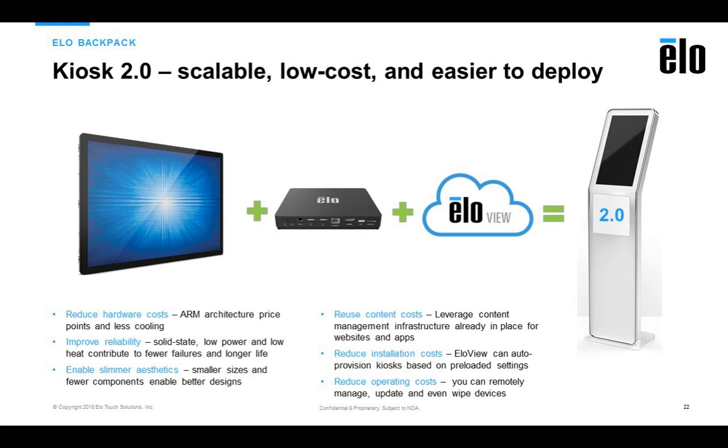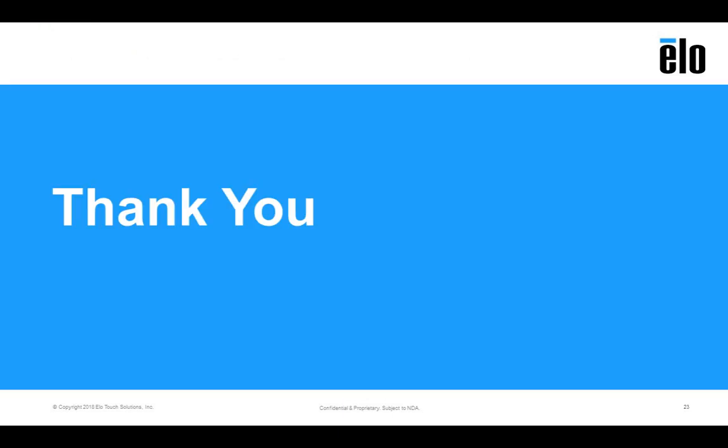Fantastic. That really brings us to the end of what I was planning to cover today. So we talked about our iSeries 2.0, the brand new shiny object on the table. We talked about EloView updates and how this tool is becoming more and more useful, and with commercial success and commercial adoption, it is becoming reliable and scalable as well. And this new thing, the backpack, which is frankly the most exciting of all the products that I have done in the last couple of years for Elo,